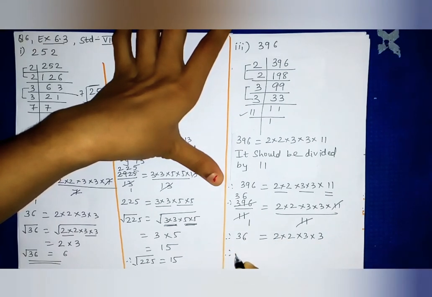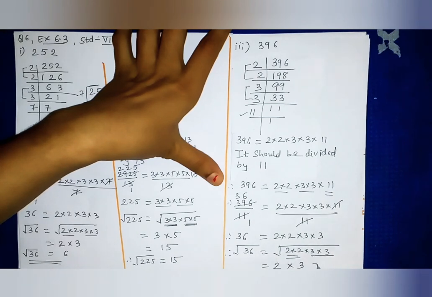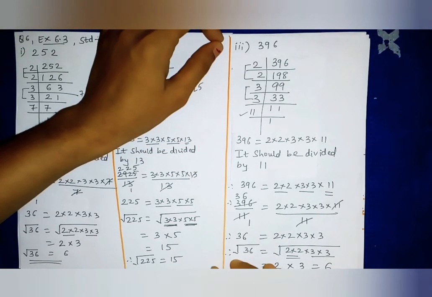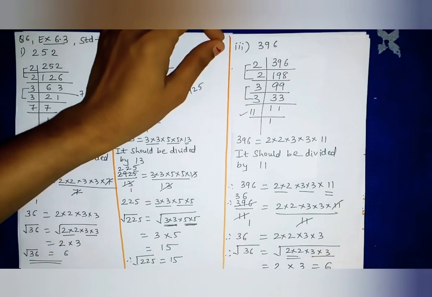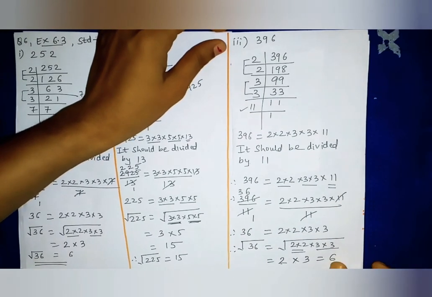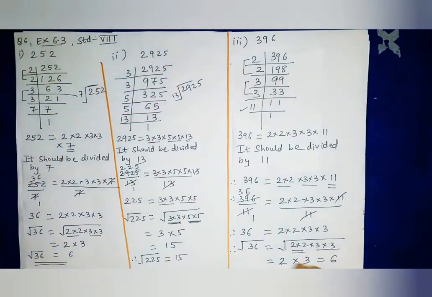Now we will find out square root of 36. So these factors we will write inside root. So 2 is 2 times. So okay, we will write it 1 time. 3 is 2 times. We will write it 1 time. So 2 3s is 6. So 36 is the new number. Okay, so 36 is the new number which is perfect square number, and this 6 is the square root of 36. So this is the solution of third one.